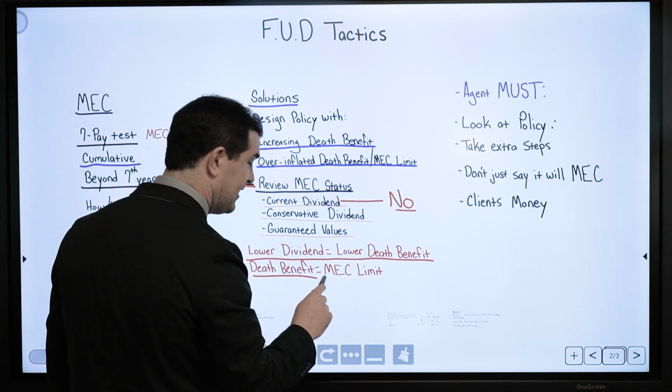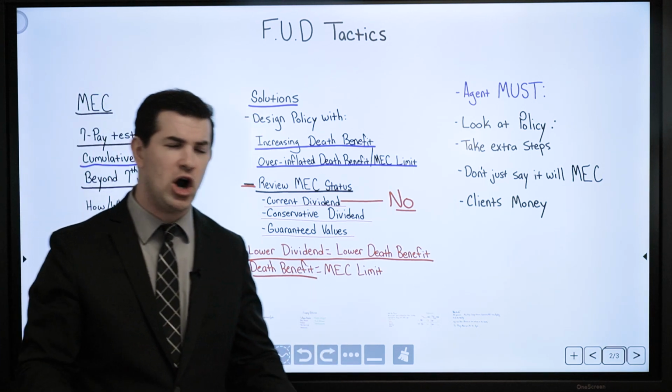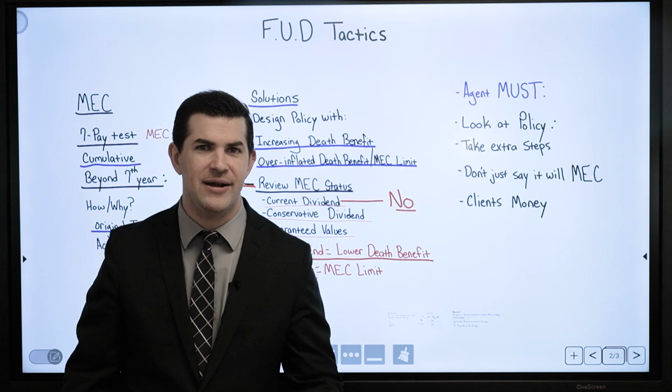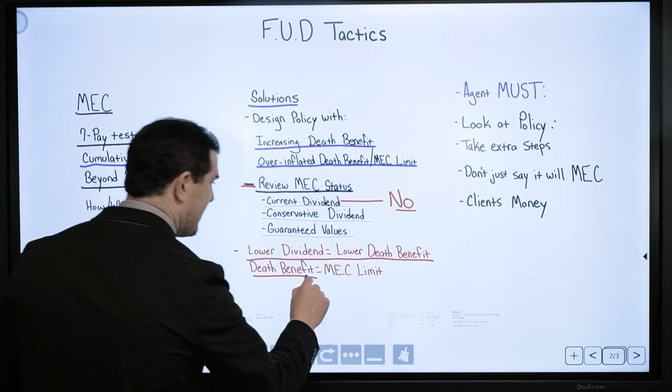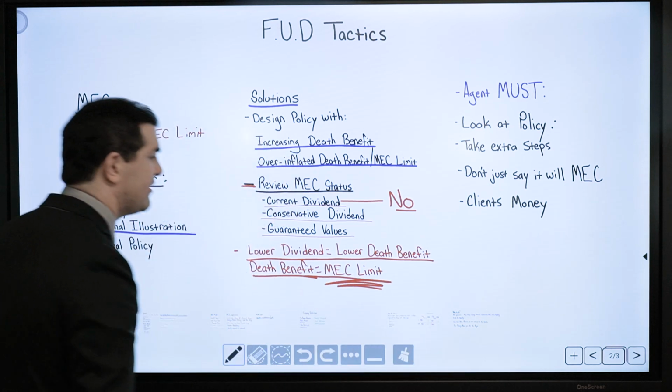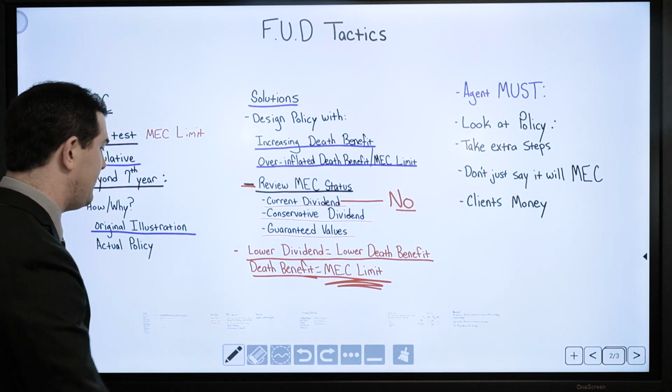And the death benefit, if you're in a position where you say, hey, you keep talking about this death benefit, Steve. I thought this was about maximum cash value. I don't care about the life insurance. Well, remember that the death benefit has a direct relationship to the MEC limit.